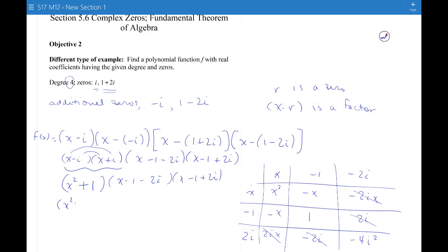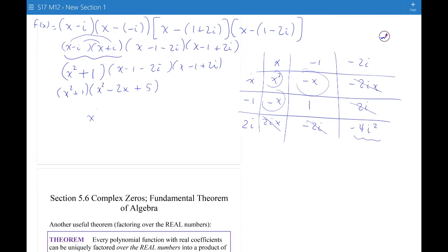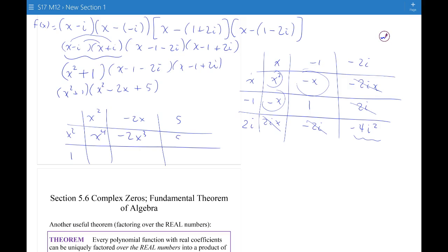So it looks like I have x squared plus 1 times x squared minus 2x, then minus 4i squared is minus 4 times negative 1. So that's 4. So this is plus 5. Okay, and then you need to multiply those polynomials together. So I would use a box again, because it just helps keep the terms a lot more organized. So I'd have x to the 4th minus 2x cubed, 5x squared, x squared minus 2x and 5. So I'd say my polynomial with those zeros is x to the